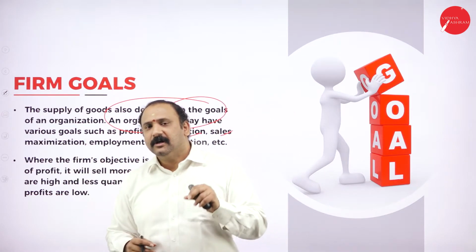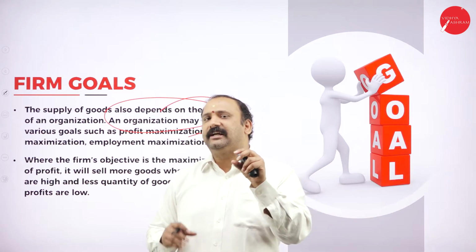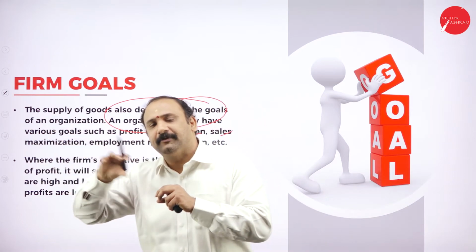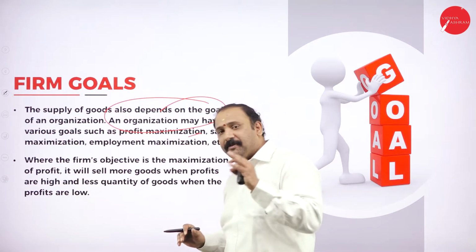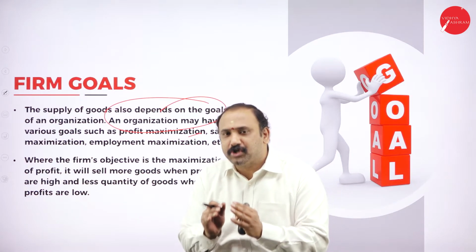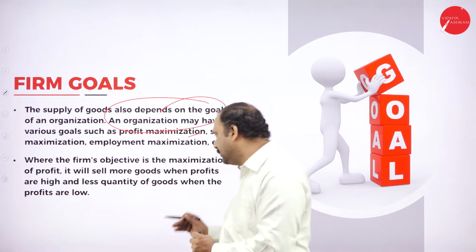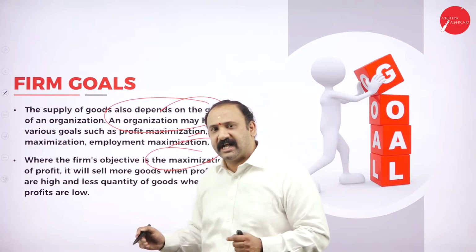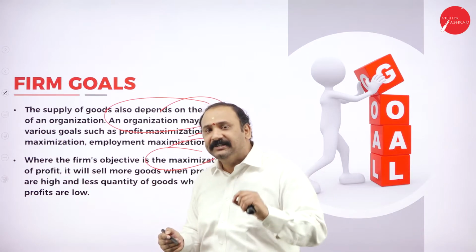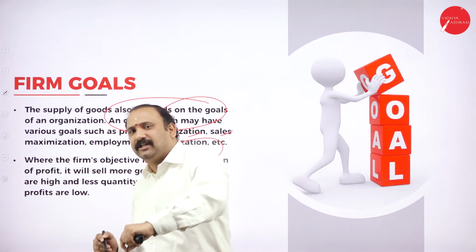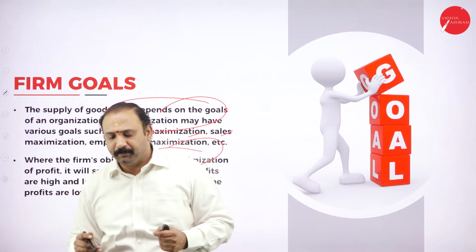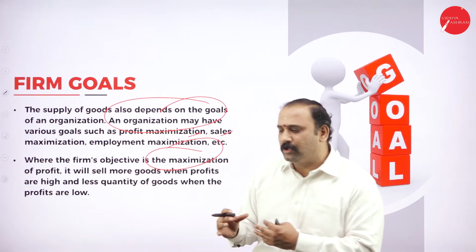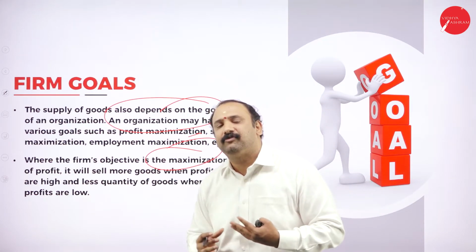Why is this important? A firm tries to seek a larger goal. It tries to seek a vision which is quite lengthy, quite long in nature. The firm's objective is not to remain short-term focused, but to remain long-term focused. So along with profit maximization, the firm will also think about introducing new products, staying longer in the market, and bringing in more and more features and products, so that it can survive for a longer time.